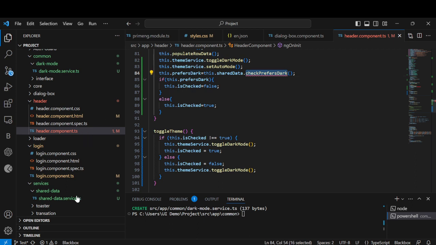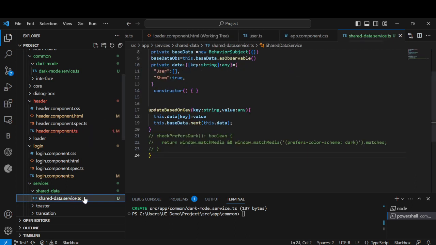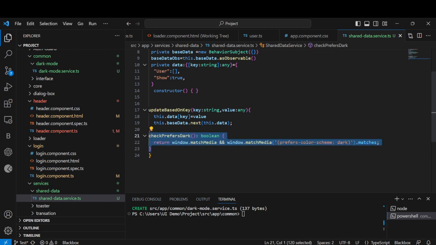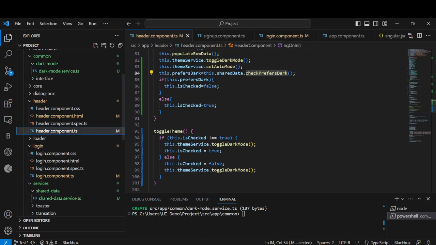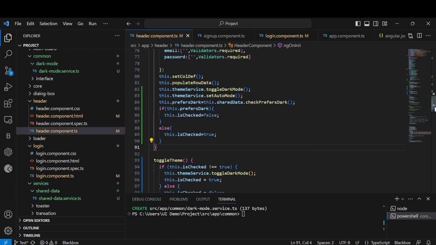I am using this with the shared data. I will explain. This is what I told, we are going to use shared data here. There are many ways to use this value, but still I have preferred this one. That's fine. So now what I am going to tell here is, see here,